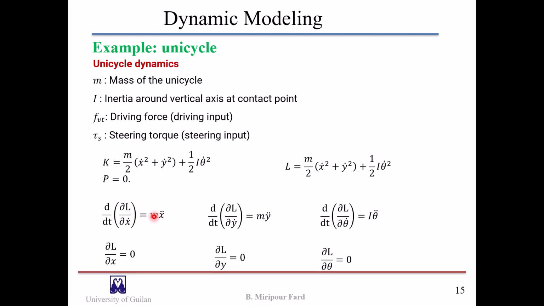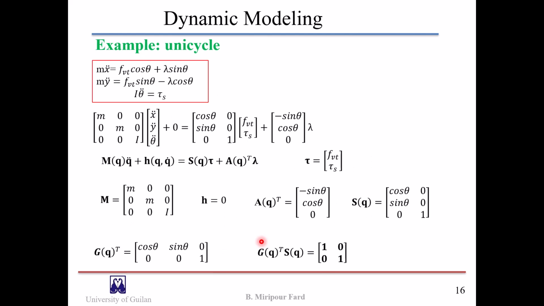The other terms of the Euler-Lagrange equation can be obtained, as you can see: the time derivative of the partial derivative of L by x dot equals m x double dot, the time derivative of the partial derivative of L by y dot equals m y double dot, and for theta we can obtain the time derivative of the partial derivative of L by theta dot as I theta double dot, and we can also obtain other derivations, and finally, according to the Lagrange formulation, the differential equations are obtained, as you can see in this